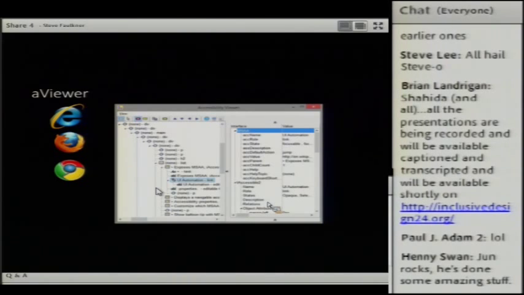But what it does do very well is expose the accessibility information from the web content in Internet Explorer, Firefox, and Chrome. In Internet Explorer and Firefox, it is fully functional, so you'll get all the information, including the HTML code information.